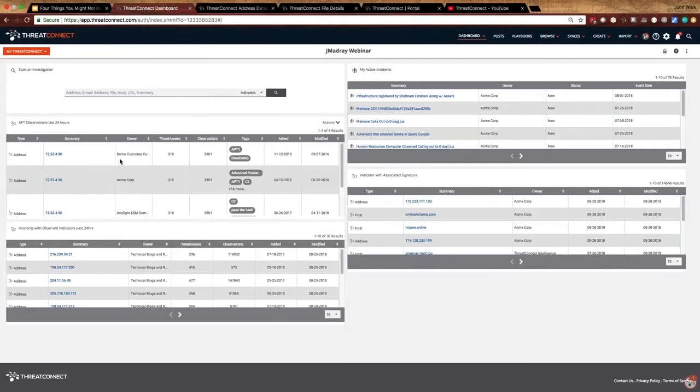So we went through and said, okay, show me any indicator that we've observed in the last 24 hours that is also associated to anything that has an APT tag. This might be something that's relevant not only for the SOC team, but for that intel team, so they can track these adversaries a little bit better. So they're getting real-time notifications in the platform when you're seeing any kind of observation coming back from your defensive integrations. One of the ways we did that, I'll go in and break out